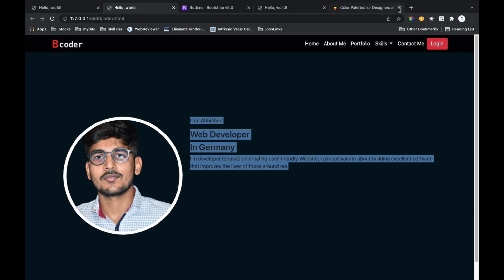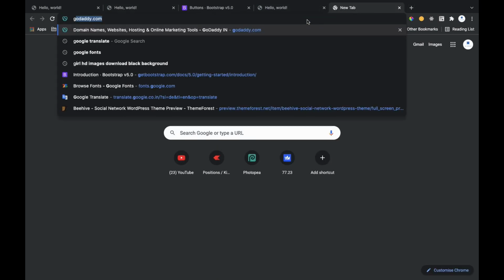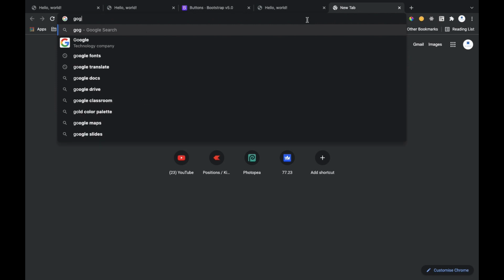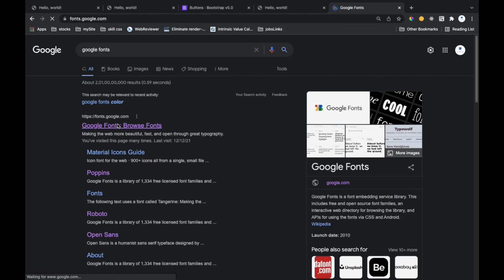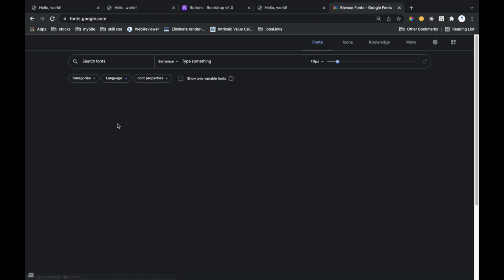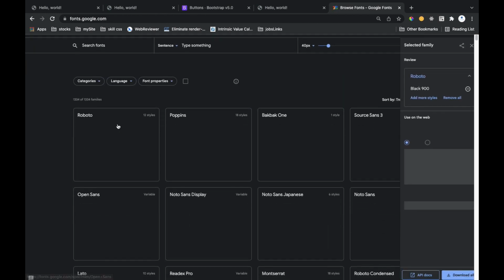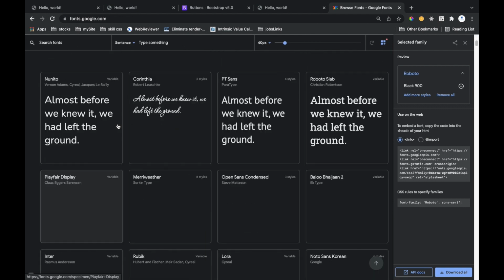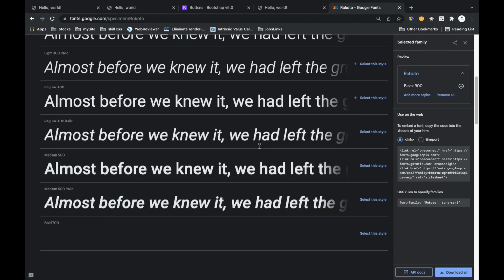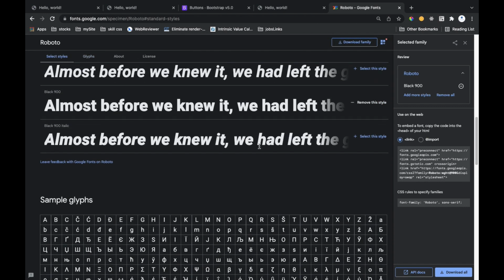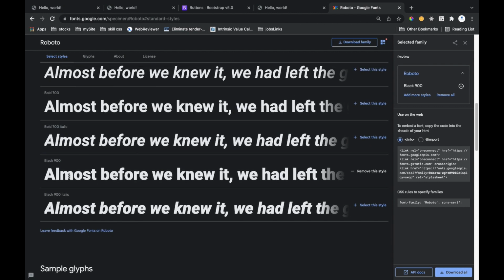So for that I am going to use a font. I am going to a website, Google Fonts, and click on it. So you will get plenty of font styles here. I am going to use this Roboto, the most bold font, 900.